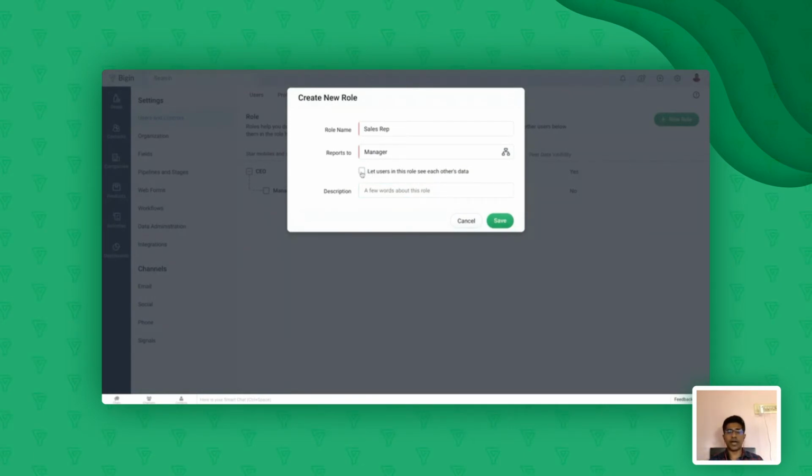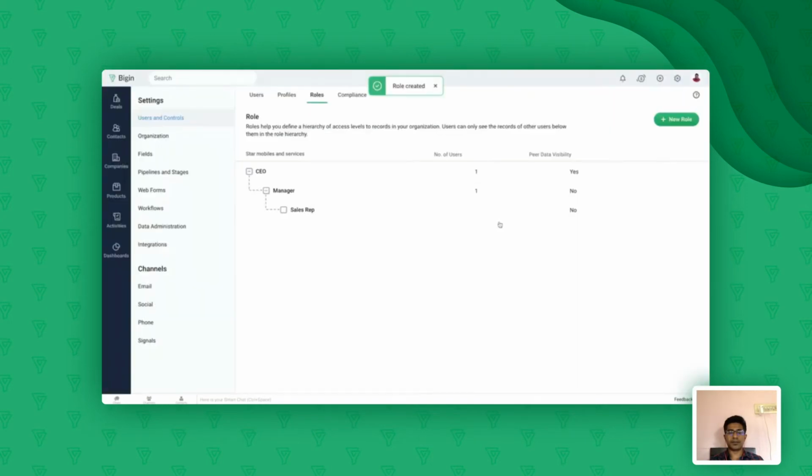This checkbox will decide whether the users in the same role can view each other's data or not. If you have, let's say, 4 or 5 sales reps under the same role, and you want them to view each other's data, then you can go ahead and check this box. Otherwise, if you just want them to manage their own data, you can uncheck this box, which would restrict them from viewing each other's data, and then save it.